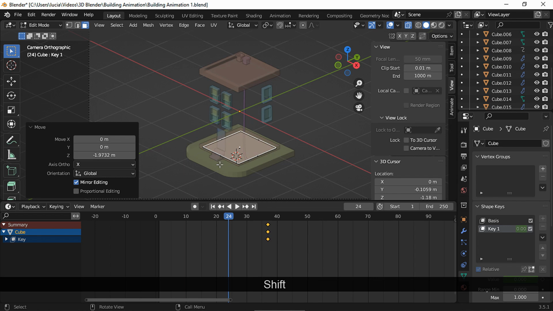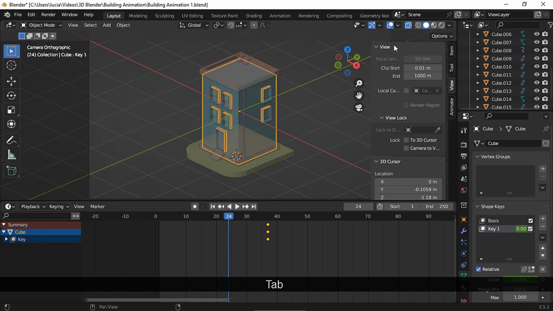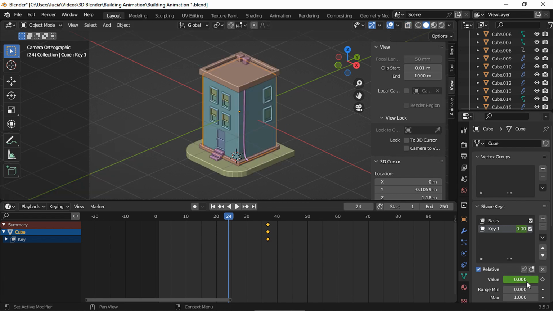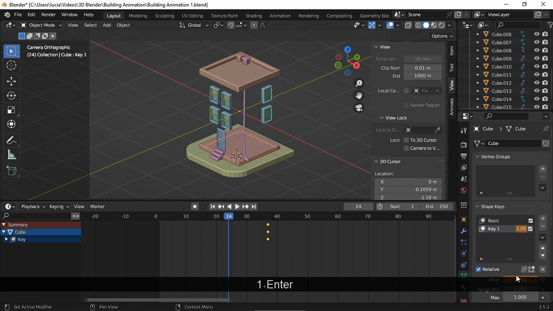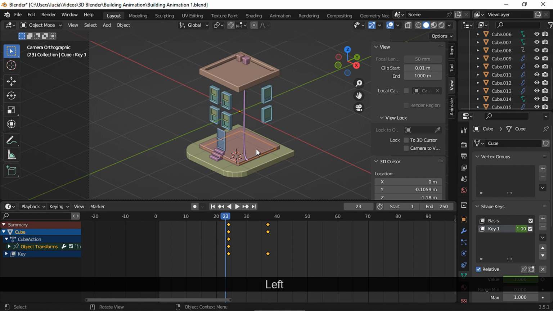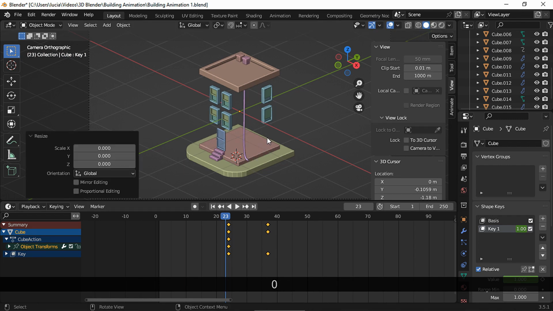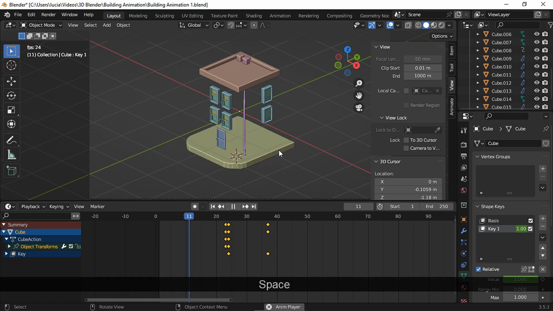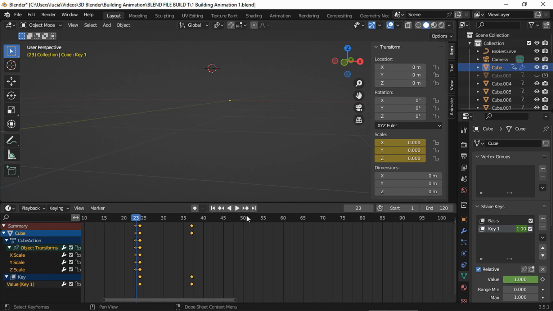And back to object mode, let's disable X-ray mode. Set the value to 1 and set a keyframe. Now insert a scale keyframe and 1 frame before that one, a scale to 0 and insert a scale keyframe. Let's take a look. Looking good. I'm gonna take you through each keyframe real quick.